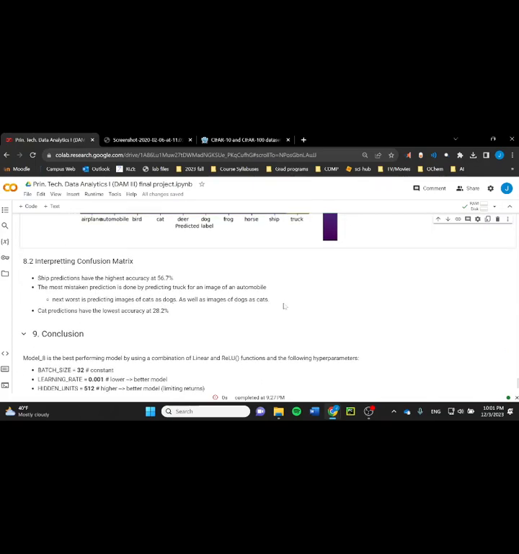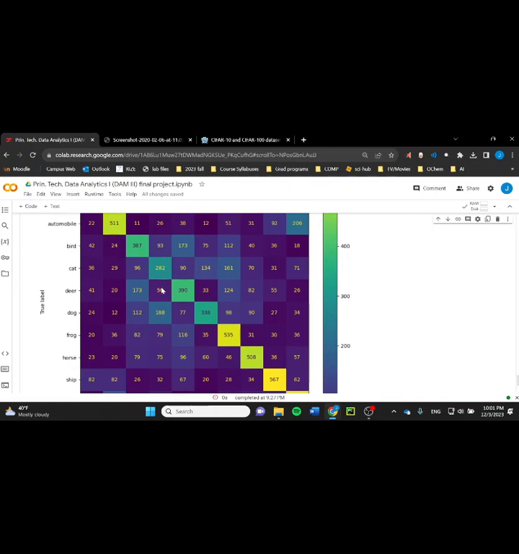And funnily enough, cats and dogs was the next highest. Cats here, dogs here. This 13.4 and the 18.8. About 30% of the time it was wrong because it guessed wrong between cats and dogs. But cats was our worst performing